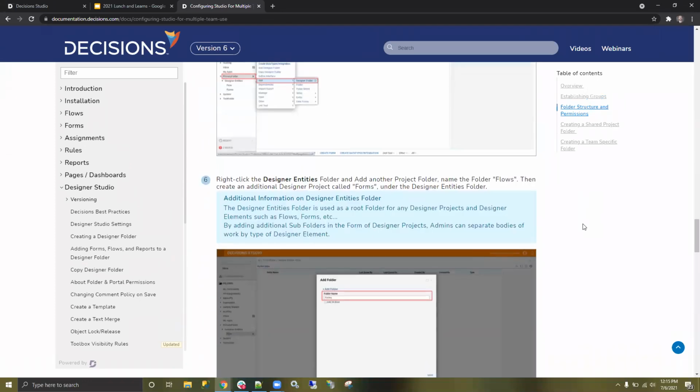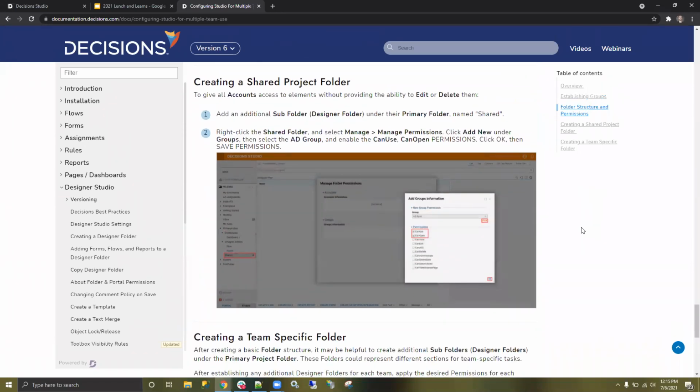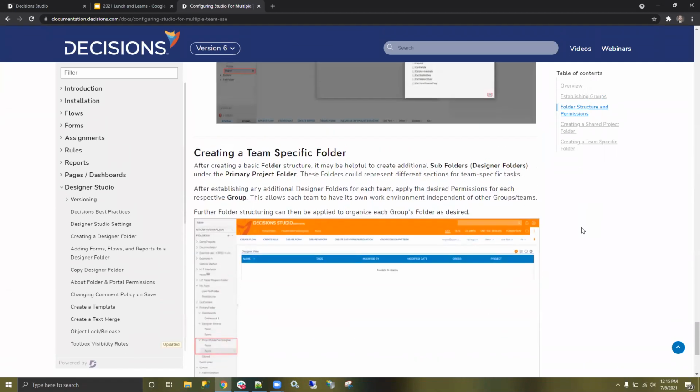Okay, add folder. So this is all just about setting up the folder structure, shared project folder, creating a